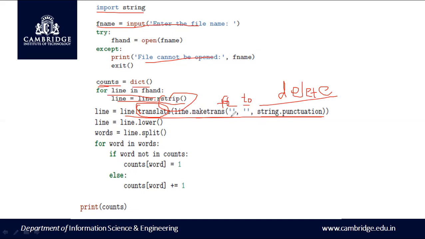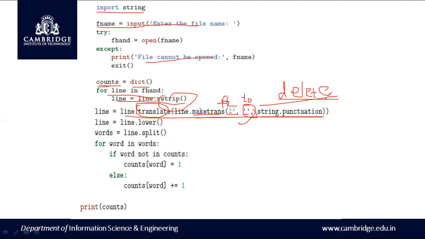So in this program, in this text file, what is this? This is empty. Okay, so there is nothing here. So here also there is nothing. So what does maketrans do is, it transforms this from string to the to string. So that means whatever letter you give here will be transformed to whatever you specify here. So here we have not specified anything. So we are not going to change any words. Correct, we are not going to convert any letters or alphabets here. So we are just keeping the words as they are.